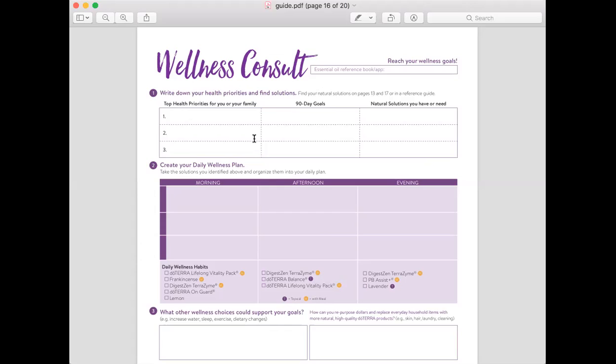And so I love to put down, oh, you already have frankincense. You already have Deep Blue. Use them for your aches and pains. And then this daily wellness plan, it took me a little while to figure out how to effectively use it,